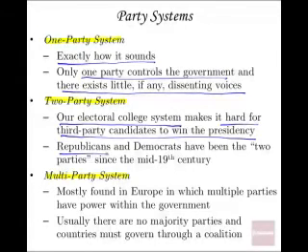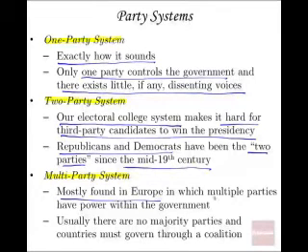But Republicans and Democrats have been basically the two parties since the mid-19th century. Prior to that, it used to be the Democratic-Republicans and the Whigs. But when the Whig Party fell apart, the Republican Party coalesced under Abraham Lincoln, and since then we've had this two-party system. You also have multi-party systems, mostly found in Europe, in which multiple